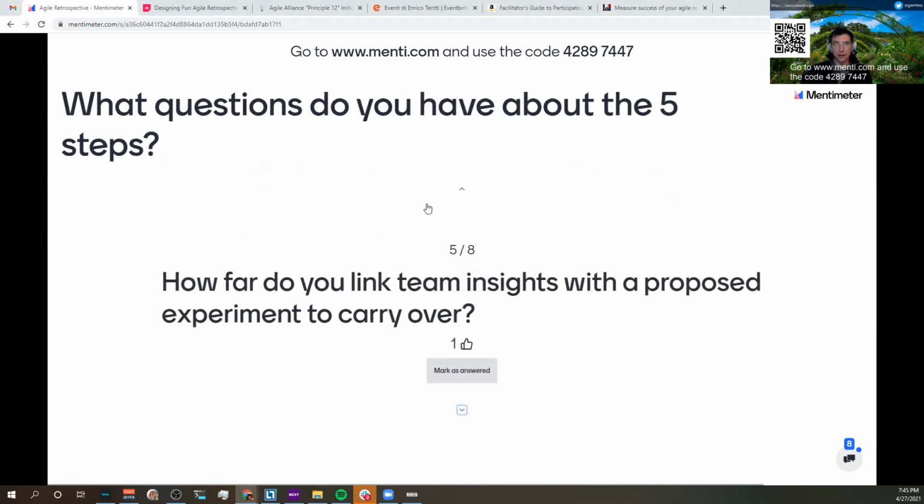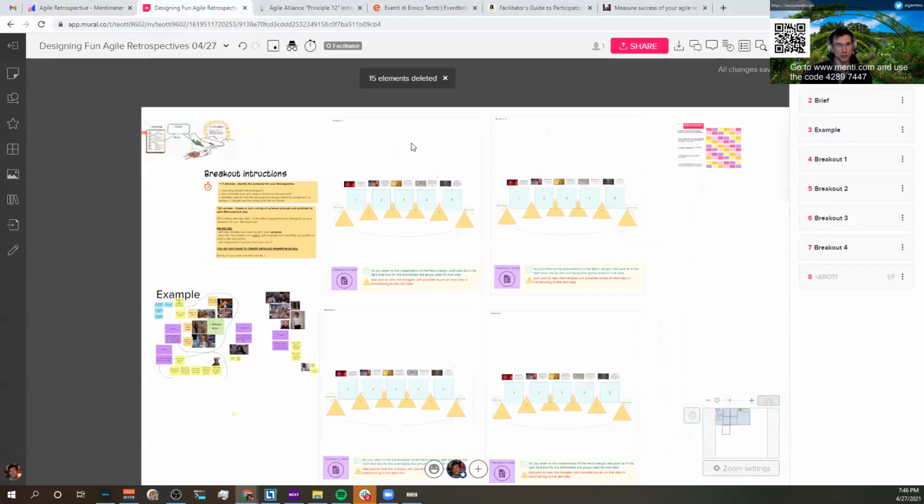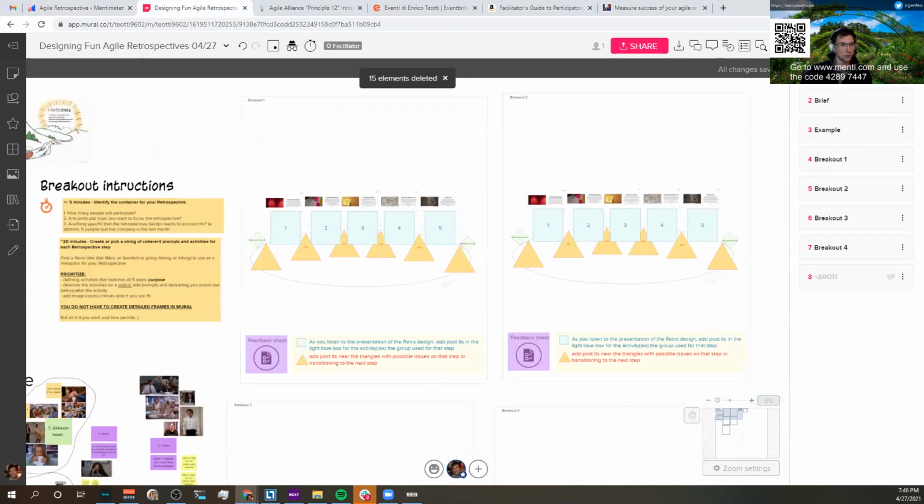I think I want to move us. I really love to answer all those questions, but at the same time, I want to move us into designing the actual retrospective. What I've seen in those meetups is that when we go to breakouts, people start dropping out. So if you are excited about going into breakouts and start designing a retrospective, I invite you to use the